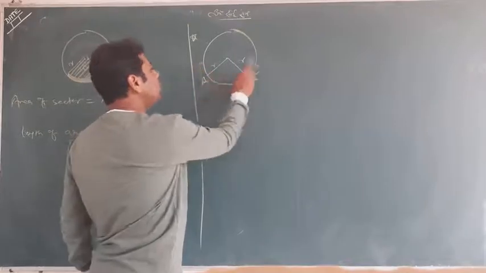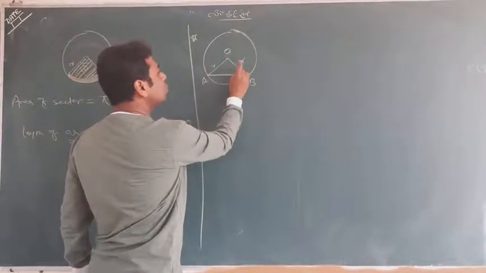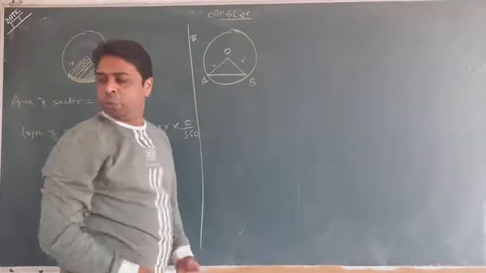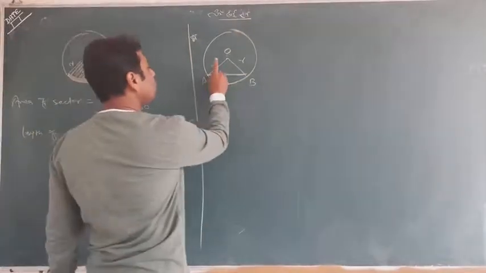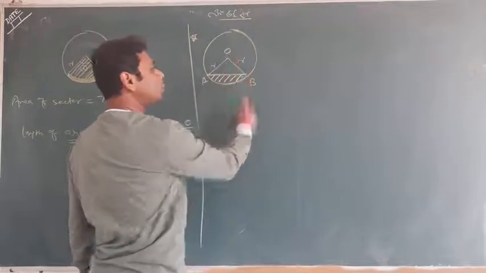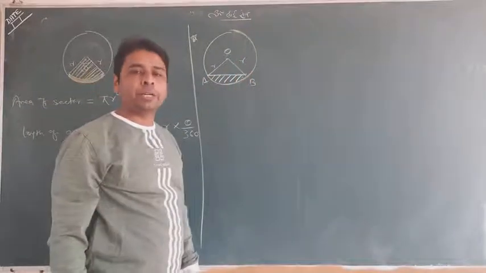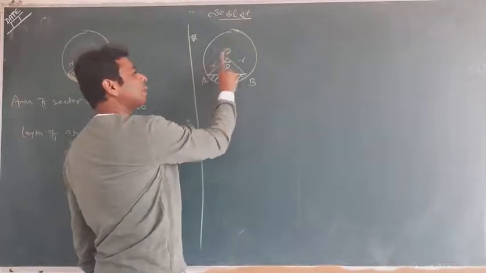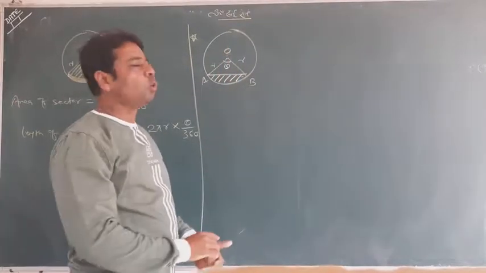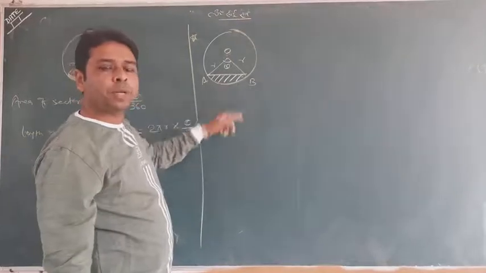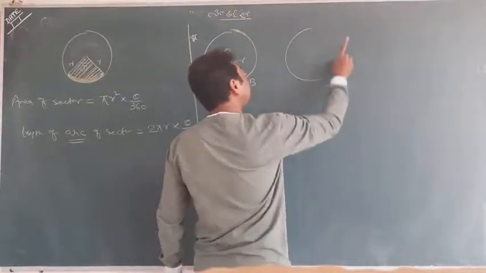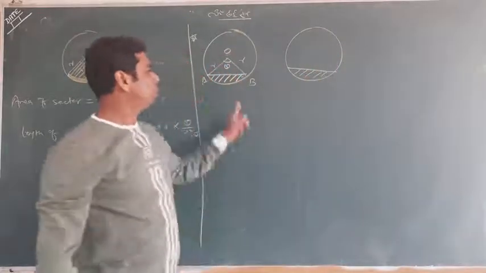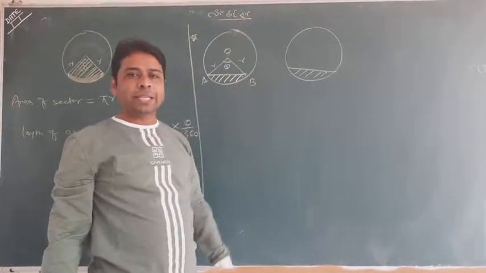Suppose I join these two. And you will focus on that now. This particular white portion is none else but a segment, and it is a minor segment, when this theta is given. So you want to find this particular area. Individually I am telling you that you are finding this one. So it is called the minor segment.